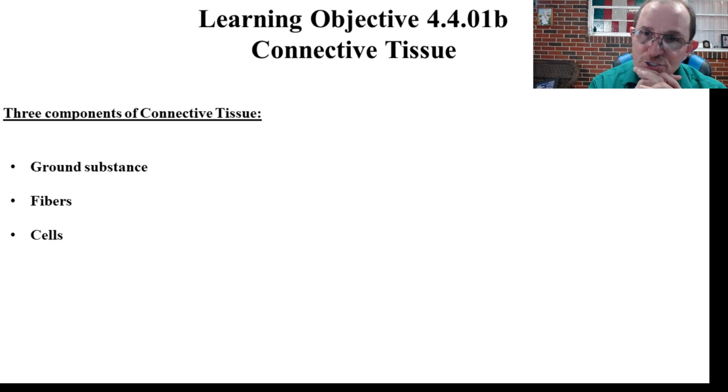All connective tissue has 3 parts. They have the cells. Now, unlike epithelial cells, which was all about the cells, and these cells coming together and forming these big sheets, these guys are more about the space in between the cells. So we do have cells there, and we have fibers. There's 3 fiber types. There's collagen, elastic, and